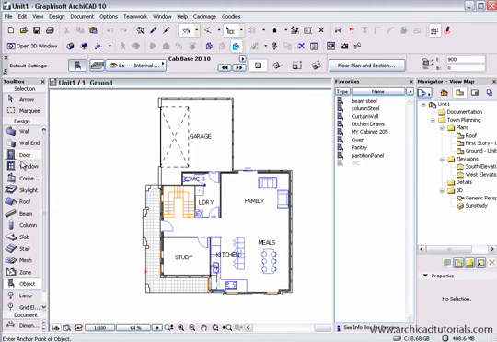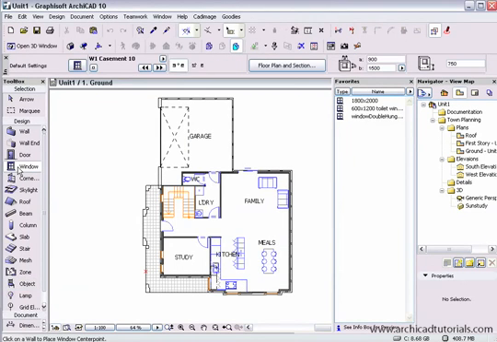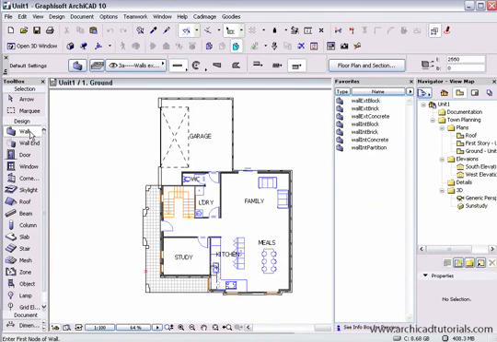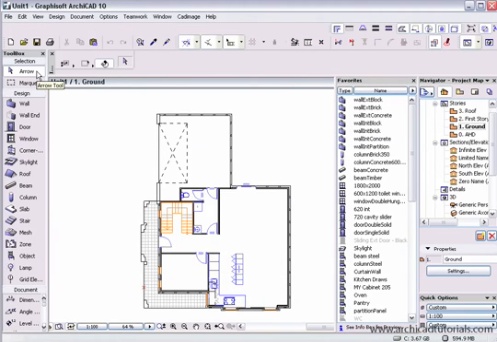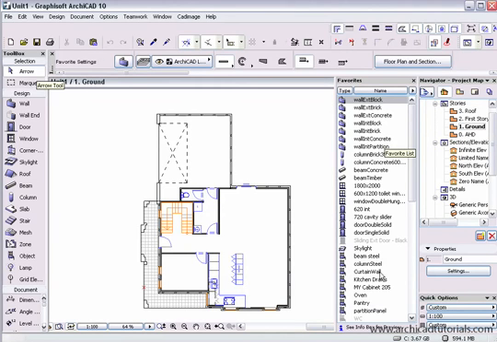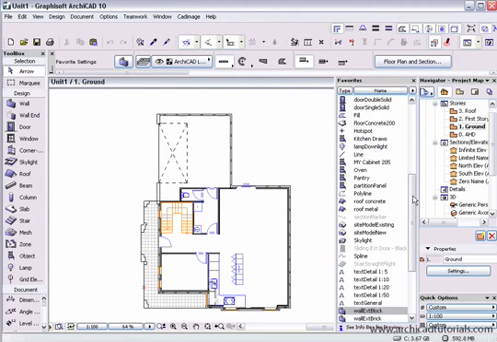This also works with windows. So if you click on the window tool, only your windows pop up. Walls. So it's very much specific to the tool that you're using. And so when we're on the general selection tool, all of our favorites appear, regardless of class. We can also arrange our favorites by type, by name,